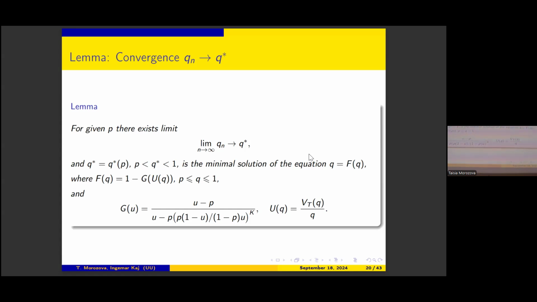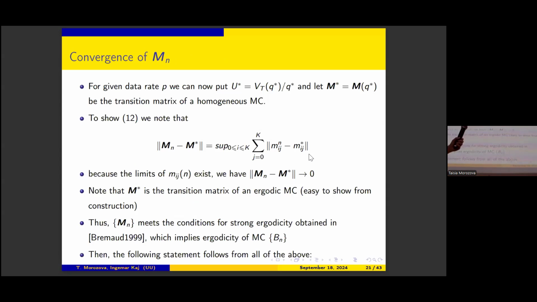So the proof was a little bit technical and general, but I think it mostly comes from the properties of the coverage probability, right? Because it's also monotone, and so there was some analysis involved here. But in any case, we managed to show this. So we can now state the lemma, which says that Qn has a limit. Which is nice, because since Qn has a limit, we can now define all of these performance metrics which depend on Qn. We can define a stationary version of them, which depend on Q star now. So we have this U star, and we can define M star with the transition matrix.